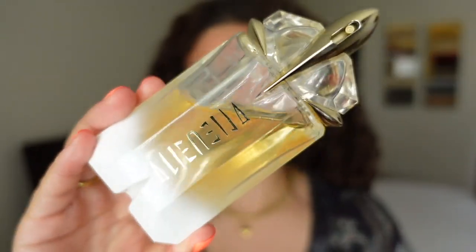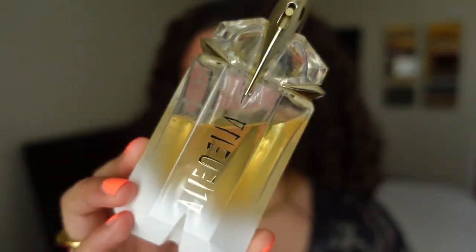And last but not least, y'all know my favorite perfume. Well, I shouldn't say that. If you're new here, if you don't know my favorite perfume, it is Alien. So I obviously had to include a version of Alien for the hotter season, and this is Alien Eau Sublime. This is one that I liked when I got it, then I low-key got over it because I wanted something sweeter. And one day I paired it with In the Stars, and after that day I was like,